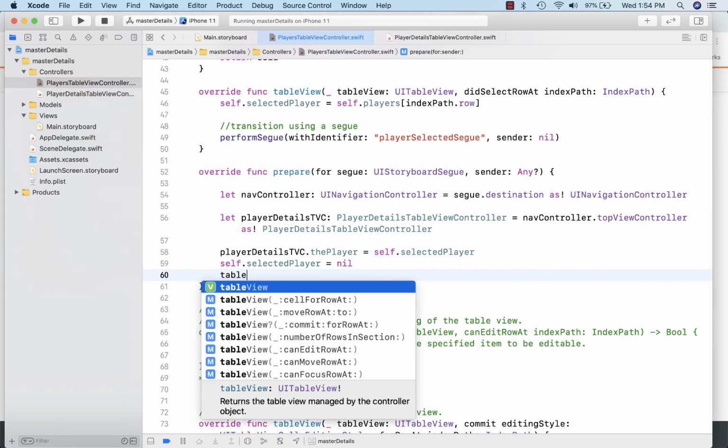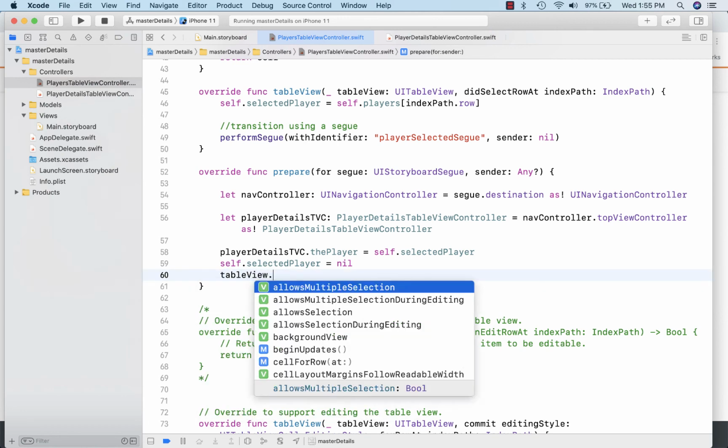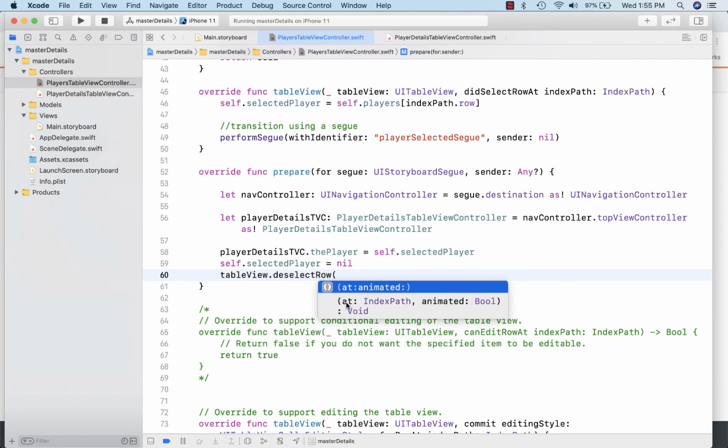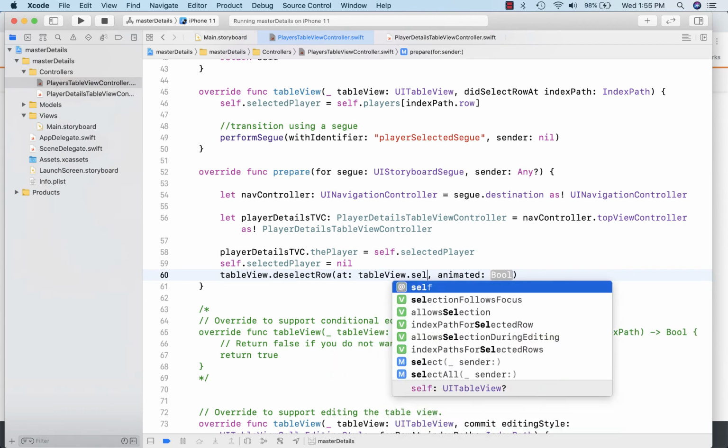Yeah, so I think it's table view dot deselect row, table view dot deselect row at index path. And the way I want to deselect that row is I want to use the table view dot selected